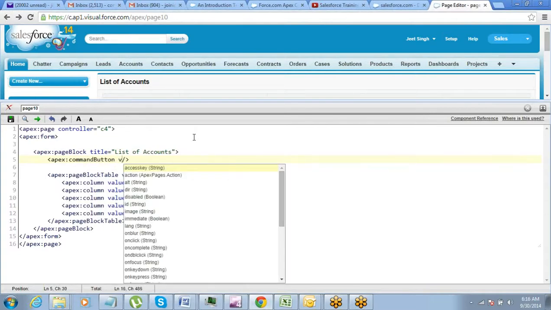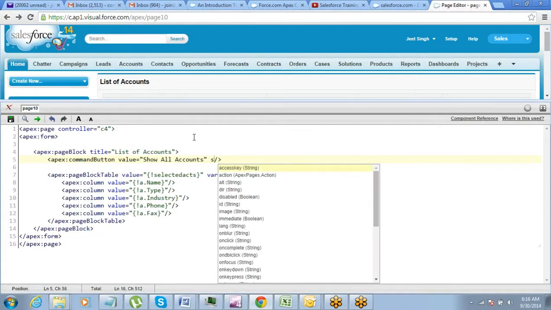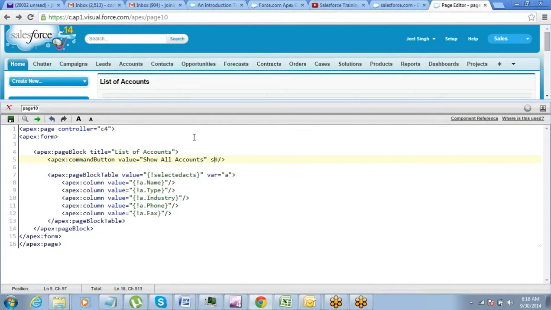Button value can be anything, whatever you want to type. Action will be the method that you have defined there. So this should be the name of the method that we have defined there.